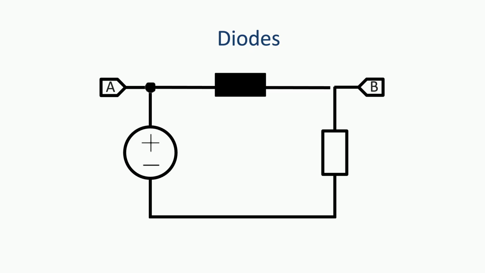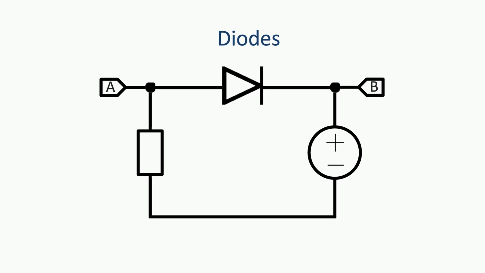If the voltage at point A is higher than at point B, then the current will flow from A to B. If a diode is placed in between points A and B with the anode facing the input side A and the cathode facing the output side, the diode will allow the flow of current and it will flow as shown. If a current tries to flow in the opposite direction, because the voltage at point B is higher than at point A, the diode will block the current flow.